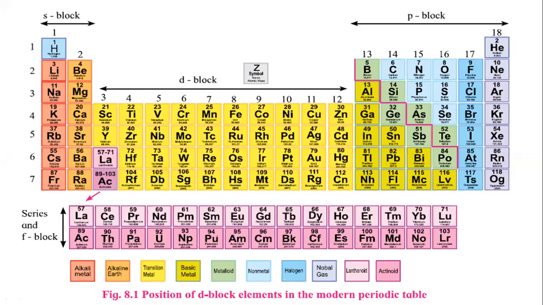In the case of chromium, there are 5 unpaired electrons, but in the case of zinc, the d orbital is completely filled, meaning the pairing is completed, and due to this pairing, the force of repulsion is more than the force of attraction. All these exceptional properties I have explained during